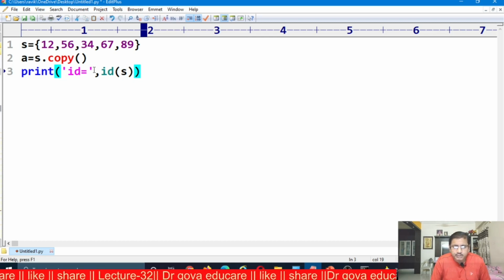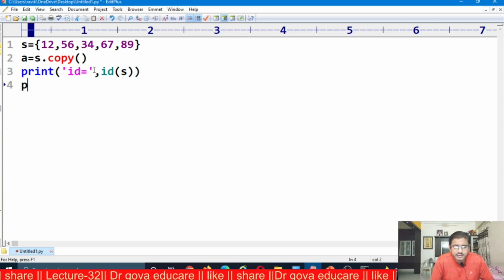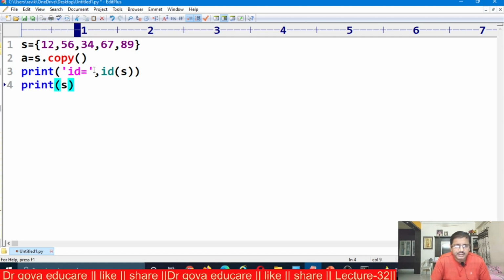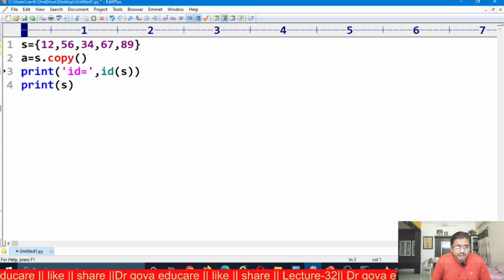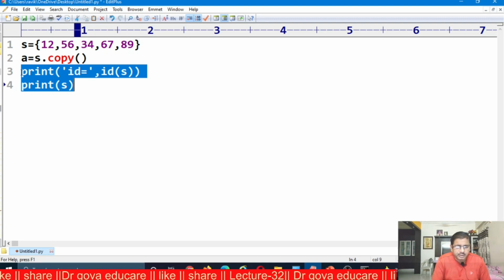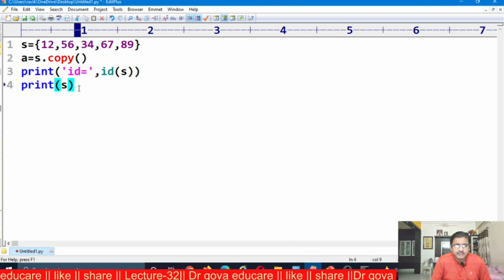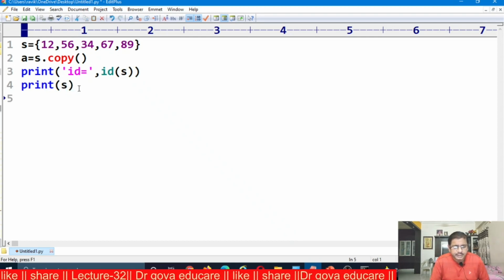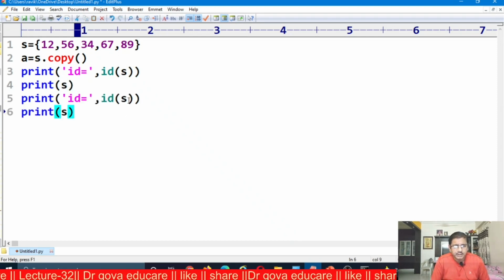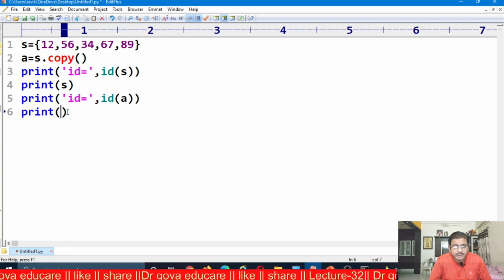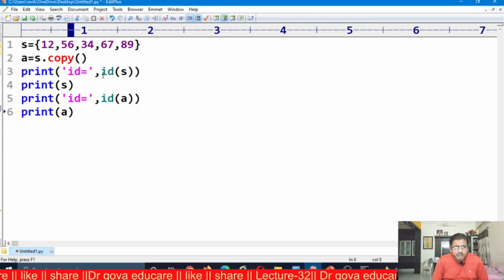Now I want to print s. Similarly, I want to print id of a, and print a. Now observe here, the id of s is different from the id of a.